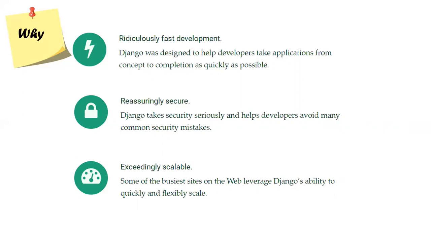Reassuringly secure. Security is one of the important things in any application where the data needs to be secured and transferred securely. In any other application you need to build lots of code to implement security, right? Django has it: when you install the web framework, the security part is available in the settings itself. You can just enable whatever you want. So Django takes care of it. You don't need to write all the security things from scratch.